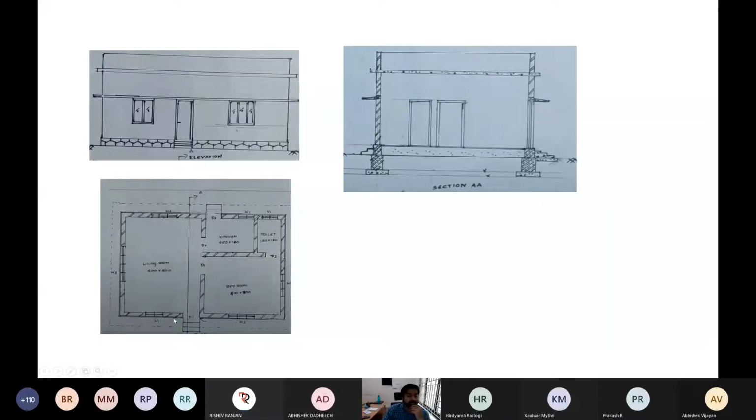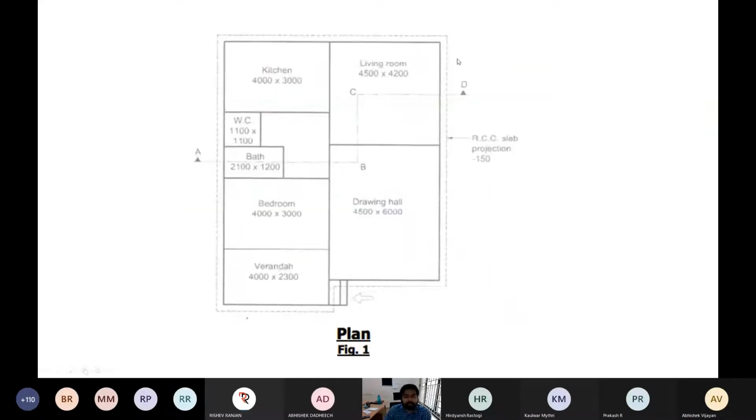Why am I making this plan? In order to understand how to draw this. Because normally in the first step, what we are going to give is only the line diagram. You know the meaning of building line diagram? I will show you. This is your building line diagram. Can you see here? This is the building line diagram for one residential building. We are giving only that line diagram.